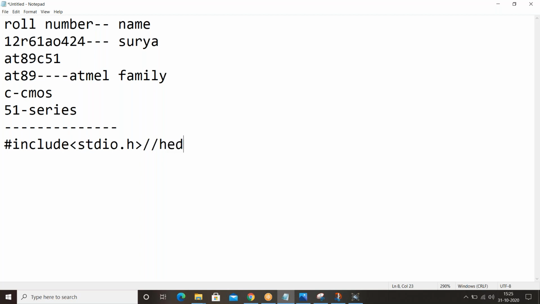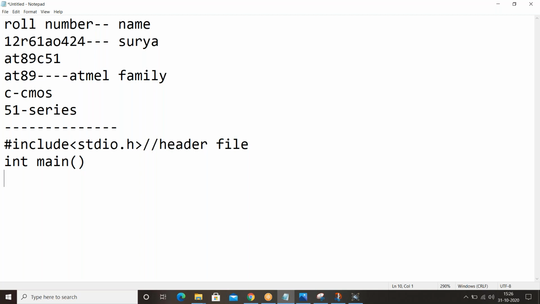This is a header file. Hash include stdio.h. These are mandatory. These are the default header files which we use in normal C programming. As we know, we then open the main function. And if you want to print something, like hello world, this is the process.